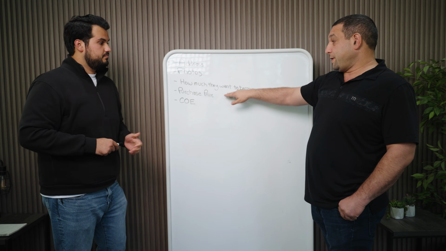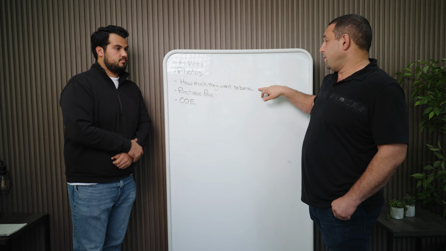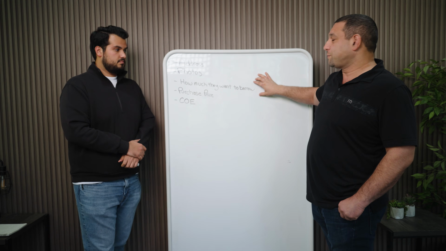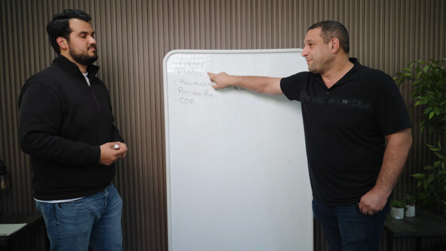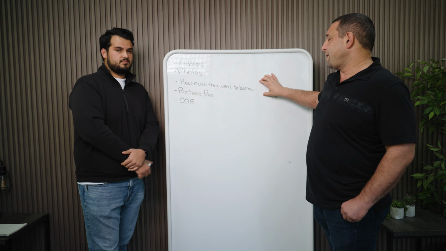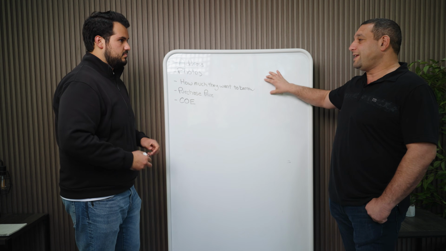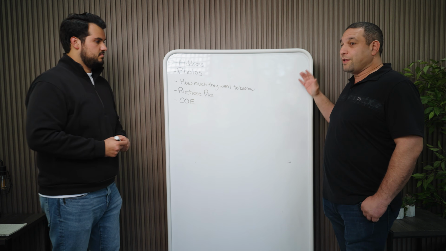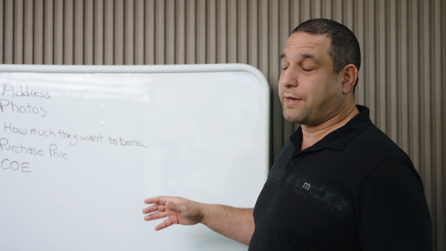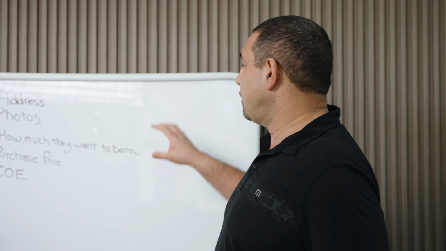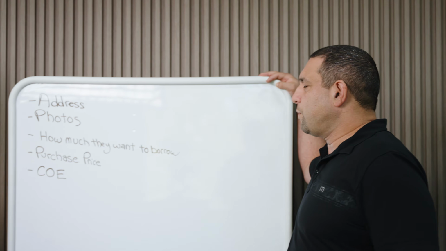Yeah. Because we're loaning them on the rehab, and the only way we know how much we're going to loan on the rehab is because we got the pictures and because they give us a scope of work. So tell us what a scope of work is, because that's what we need to loan them money on the rehab. We can't loan anybody money on the rehab without a scope of work, and we don't know how much to give them in draws.